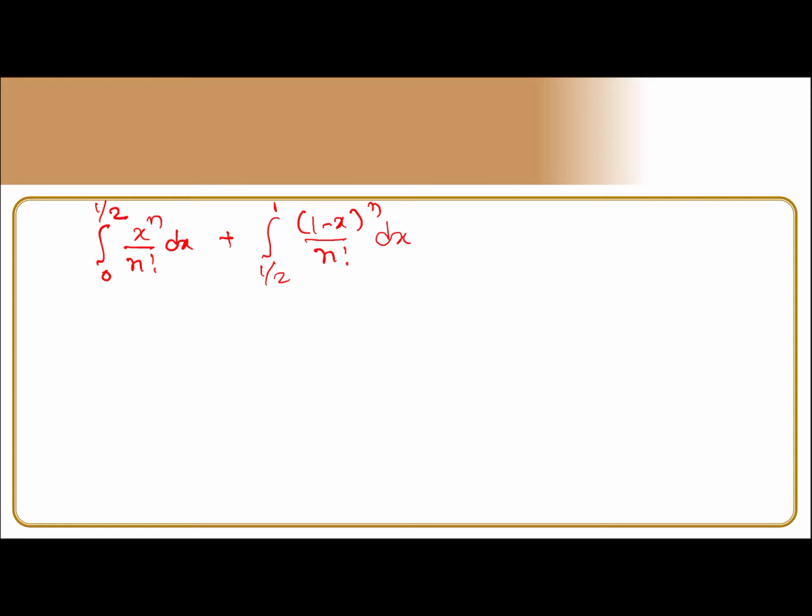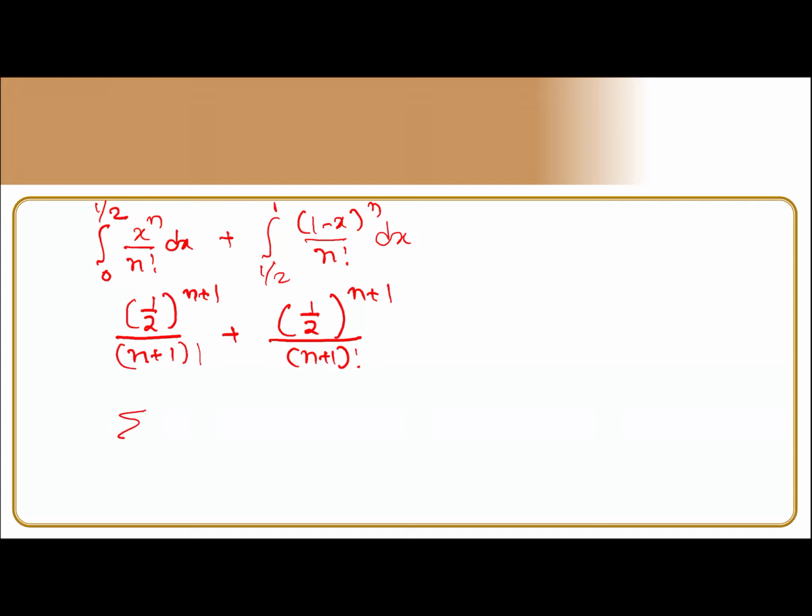So this is one thing. Now once we got this one, integration is very easy. So this becomes (1 by 2) to the power n plus 1 by n factorial. The integral becomes n plus 1 by n plus 1, and this becomes n plus 1 factorial. Plus, this will give you (1 by 2) to the power n plus 1 by again n plus 1 factorial. Why? You know the integral of minus 1 will be there, and the upper limits give the same answer.